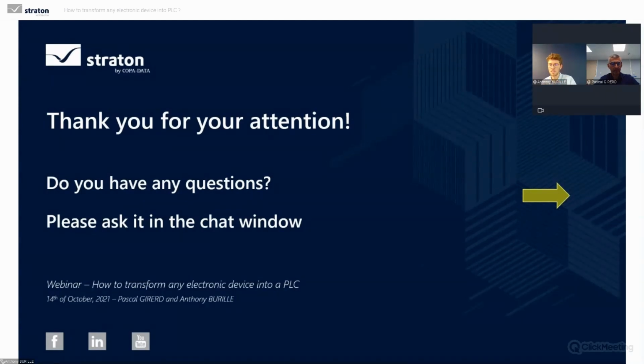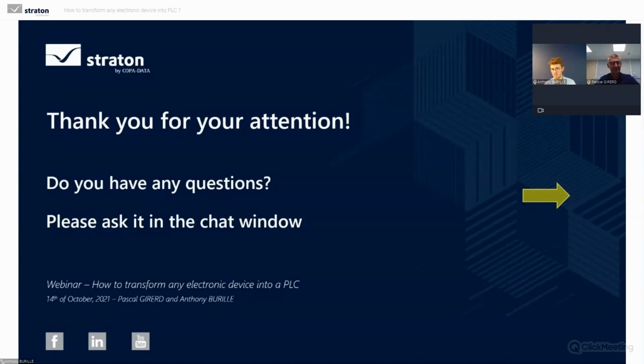So can we use the Straton 9.4 project in Straton 10? Yes, you can do this. The reverse is not always true, but using an old project on a more recent editor is okay. The reverse is not always true because if you use the new version, maybe you will have new blocks. So you will be tempted to use them, and then you will download the application on the old runtime, and the old runtime will say, "Hey, you are using this block, but it's a new one. I don't know it." But yes, an old project in 9.4 on Straton 10 is okay.